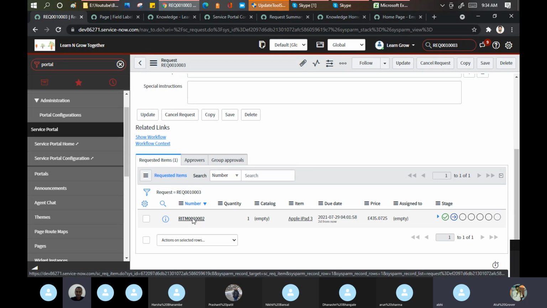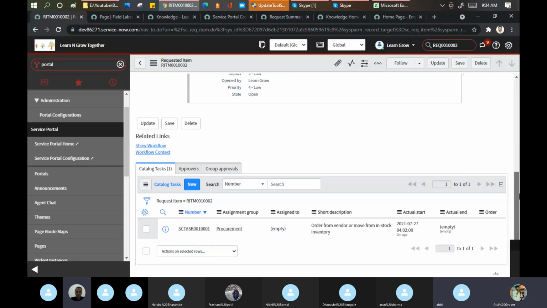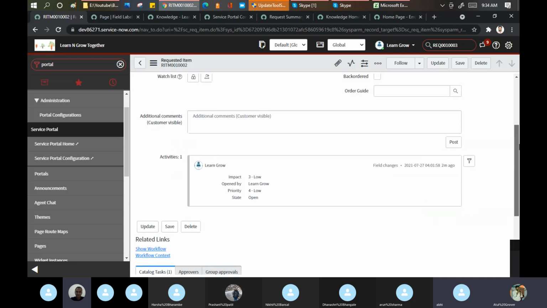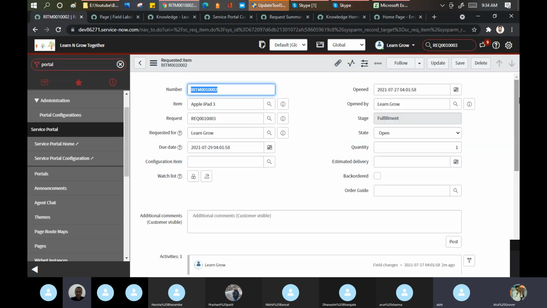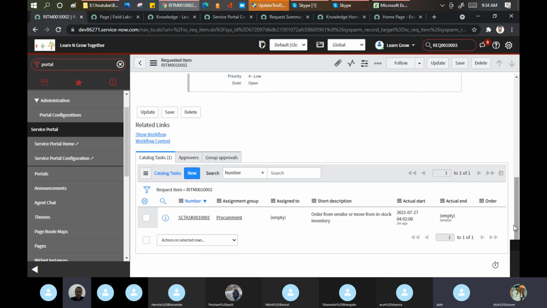I click here and scroll down. Suppose on Flipkart I order an Apple phone and iPad. Let's take the example that this request number has been created for the iPad. RITM, requested item for the iPad. Now when you place any order, it shows that it will be delivered at your doorstep in 5 days. But in the background, how has these 5 days been divided?